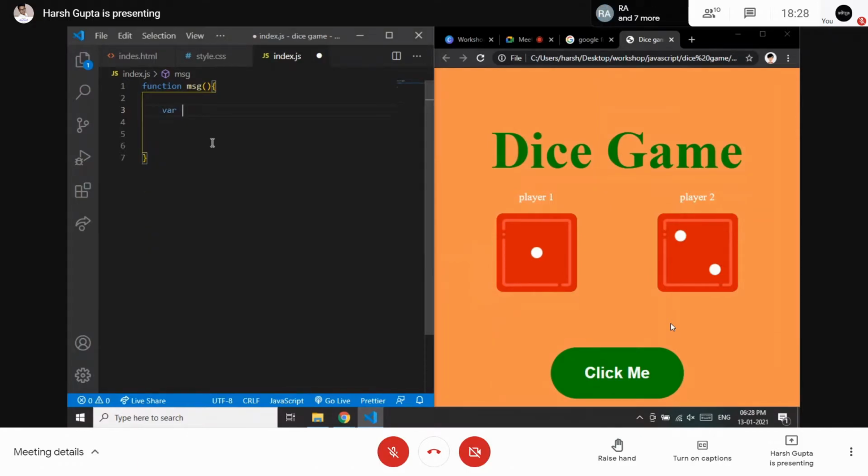So I will be creating a variable here, which is a random number, because right now the user is not typing anything. We want just a random number from the website. First I will type the random number, let's say for player one, random number of player one. And here we have a function that is called math.